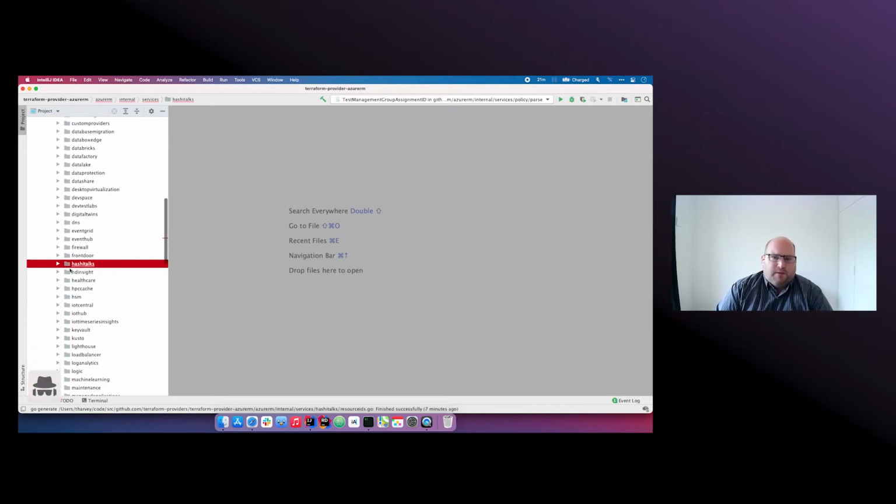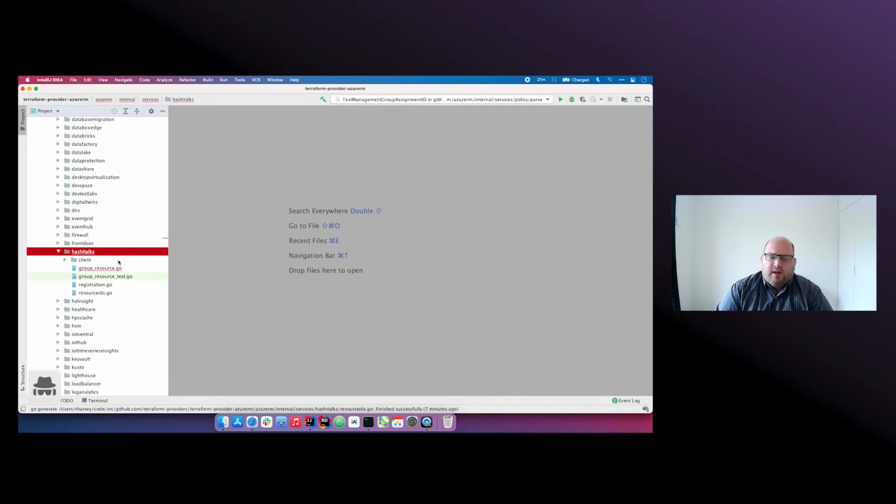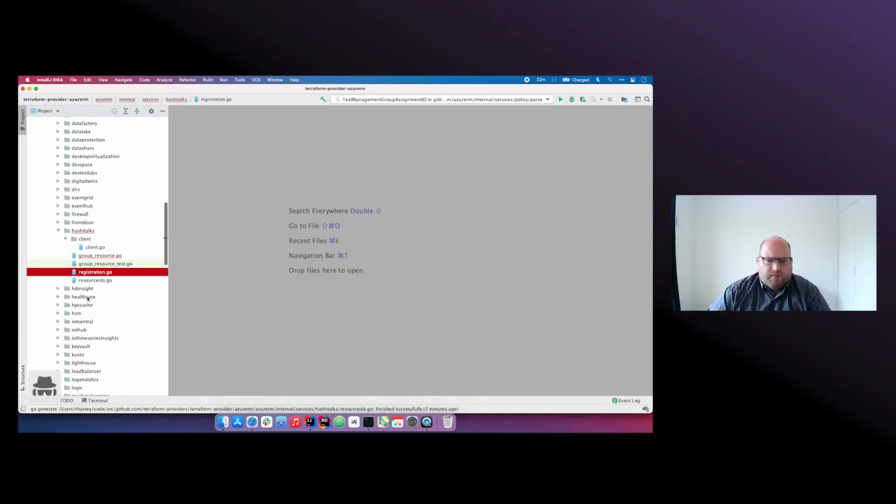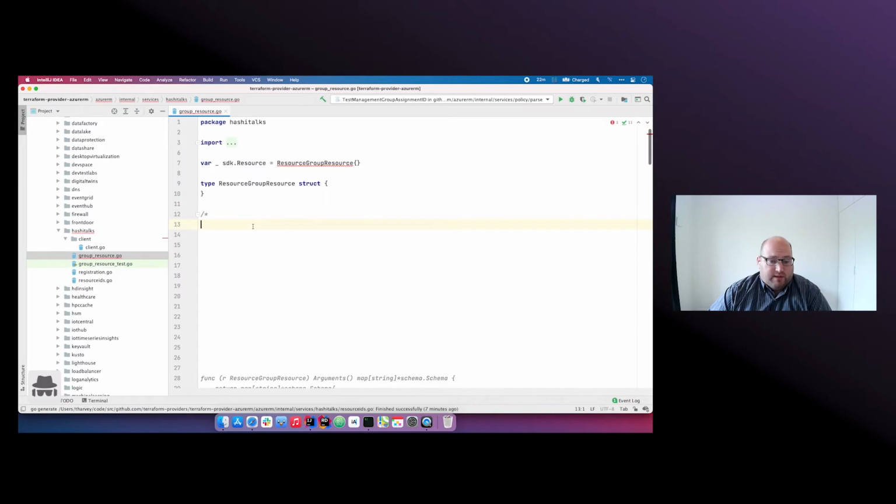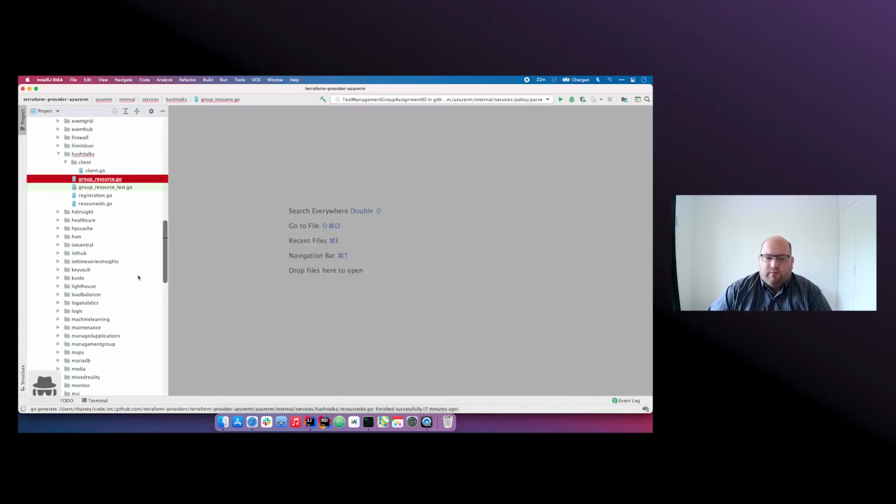What we're actually going to build here is a Terraform resource to create a resource group, which we already have in the provider. But this is a fairly simple example, and it works for any kind of resource, which is really neat. So the first thing we have when you talk about resources in Terraform is the actual resource itself. Now, if we take a look first at the actual resource group resource, which is where the resource group resource is,